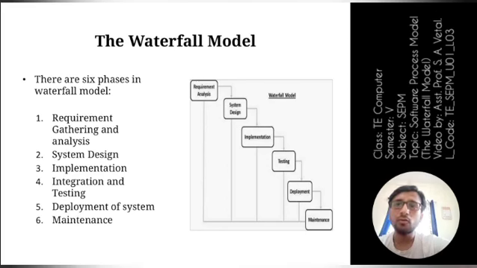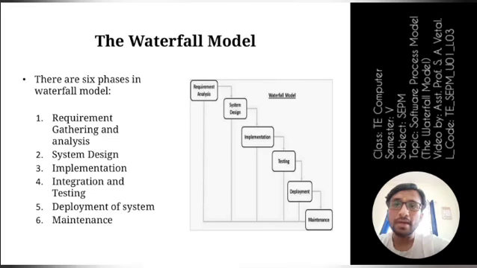You just have to go through the sequence, complete your previous stage, and after completing that stage, jump to the next stage. So these are the 6 phases that can be followed in the waterfall model to develop any kind of software.